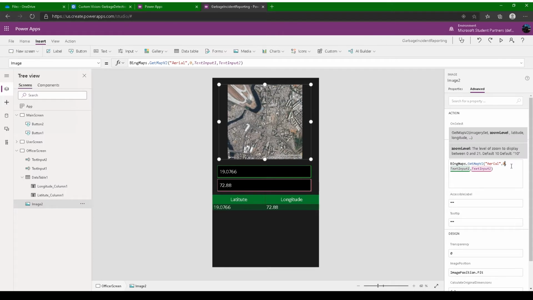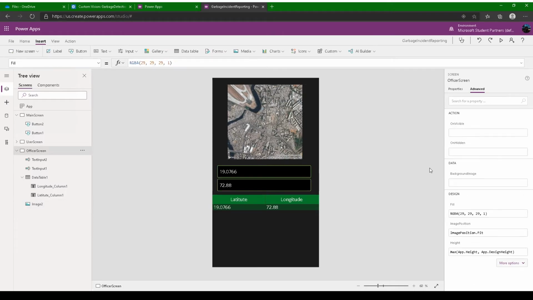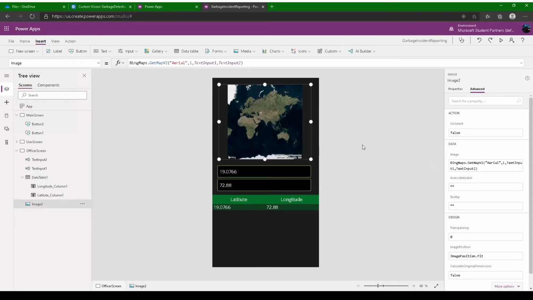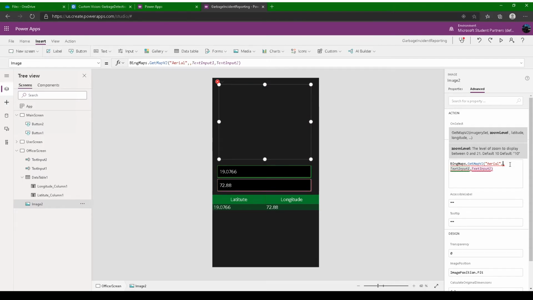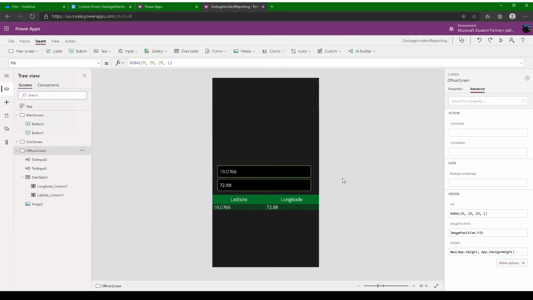Well, it's not loading, I don't know. If I click 1 here, it should load up maybe. There you go. So now it's showing the whole world. Okay, so the laptop I'm using is based in Mumbai, so it's centering on Mumbai. So for now, let's keep it as 18, so it's the best thing.